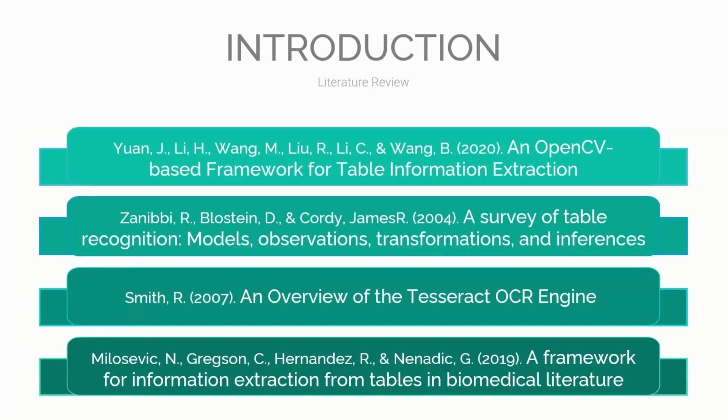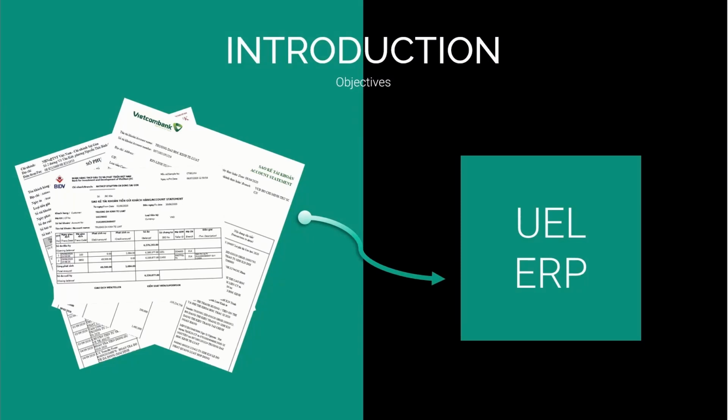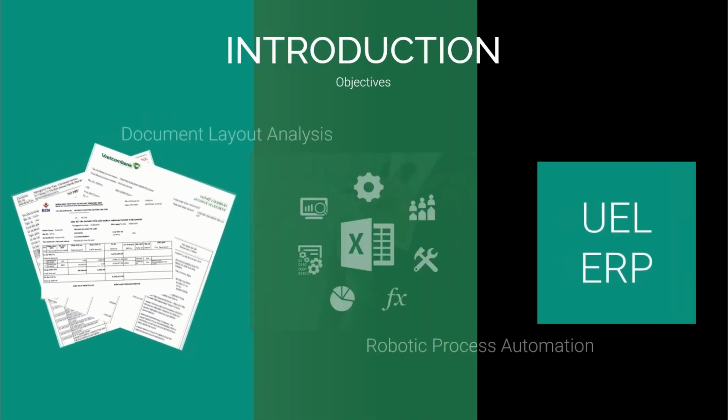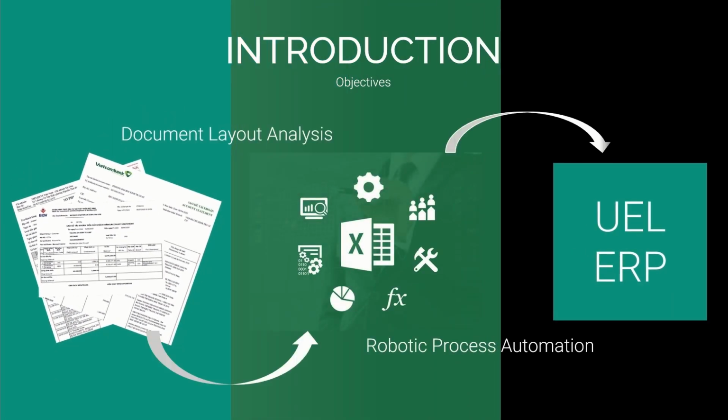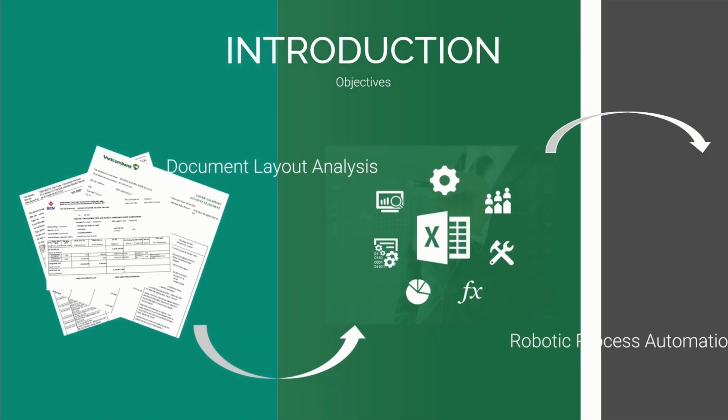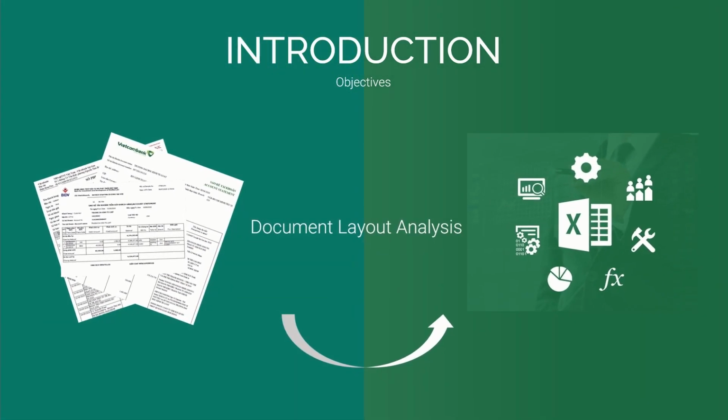To accomplish this study, we reviewed some related works analyzing many different aspects. The ultimate goal moving forward is fully automating the conversion process. It should mimic the manipulations of humans, from getting all information from a document to adding it into the software. The objective can be achieved by performing two main techniques, document layout analysis and robotic process automation. However, this study focuses only on table OCR to reach the first goal. The extracted text will be saved in a spreadsheet and served for the next stage.